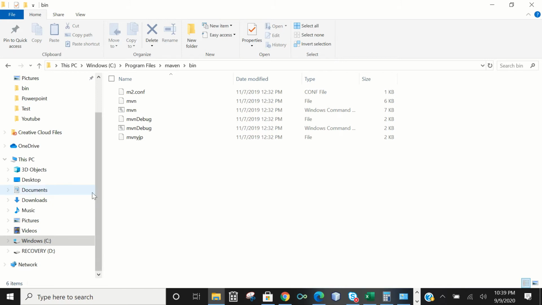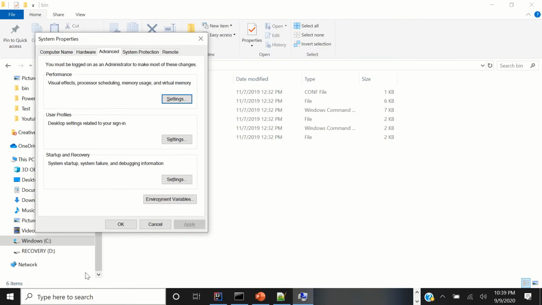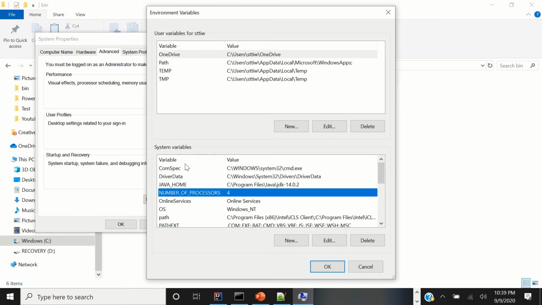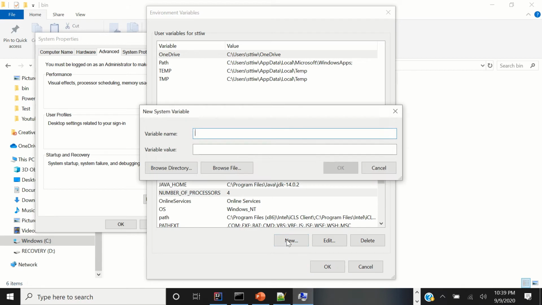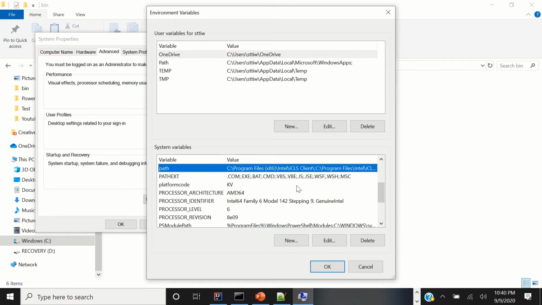Now the second part is to set the environment variable. So to do that, you can simply type environment variables and click on environment variables, and under system variable, create new, do M2_HOME and copy the path, take bin out, do OK, and then select for path, do